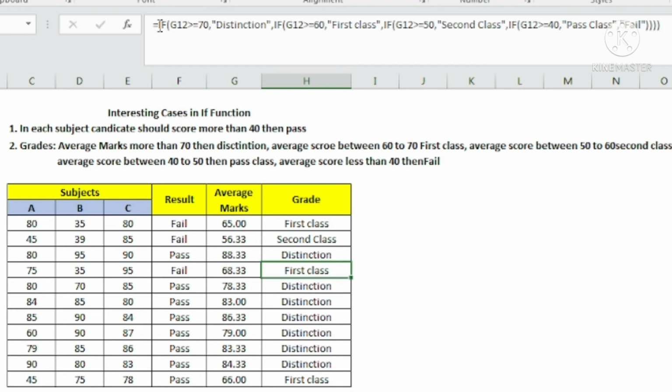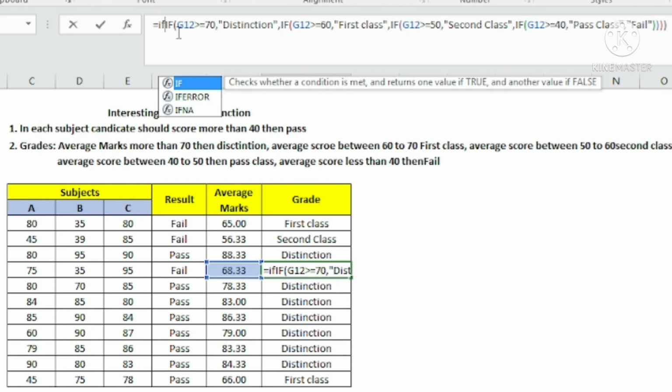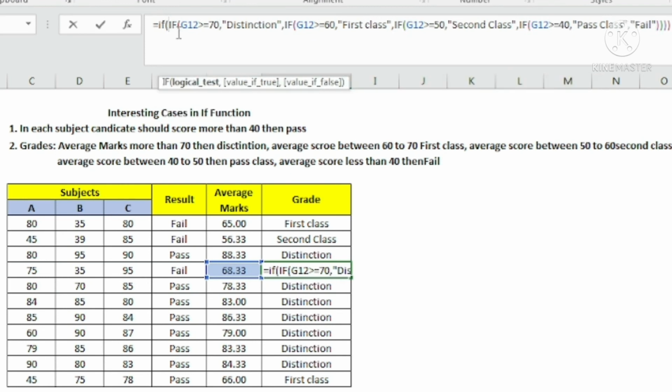So for that I will put if over here again, if, then bracket. Initially I am putting the if condition here. For this if condition, what is my criteria? This particular cell should be equal to pass.